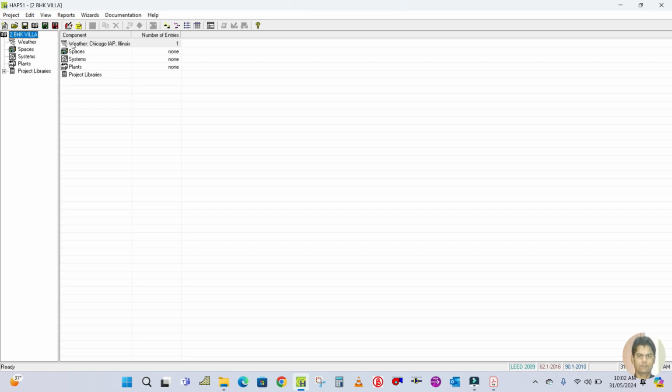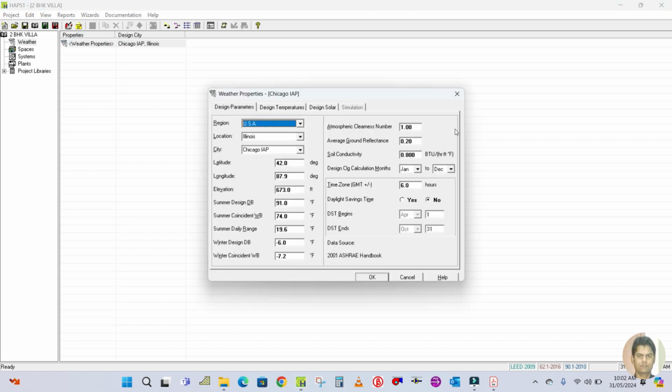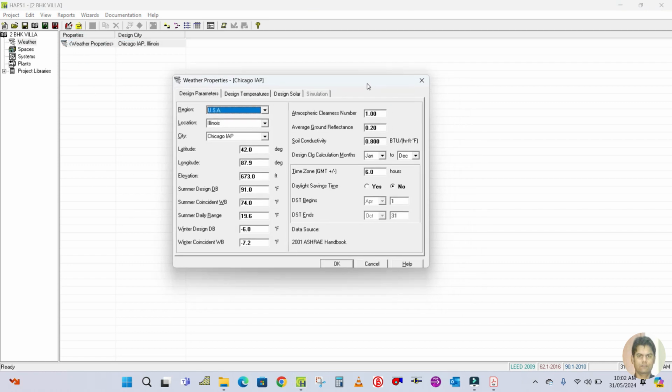In this 2 BHK villa, all these tabs we have to use. Okay, so first of all you have to start from the weather. Select the weather, and double click here in the list view, which is weather properties. Okay, so this project we have to do as per the UAE standard. Here you can see the weather properties, and the one selected by the system by default is